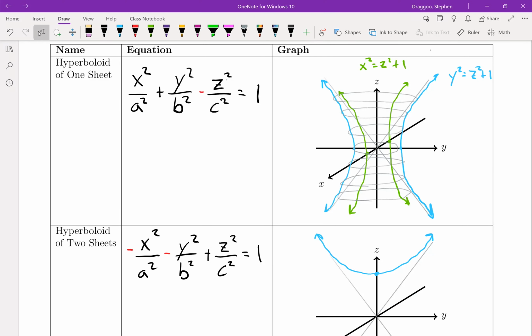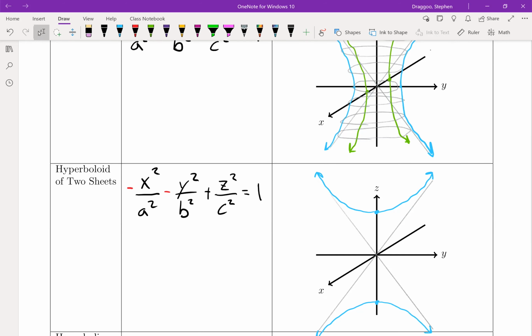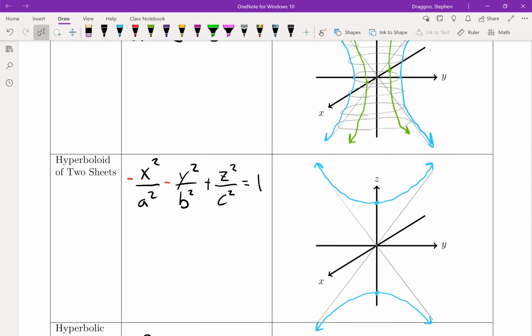And if I set it all equal to +1 and I have 1 negative term, I'll end up with 1 sheet. And if I set it equal to +1 and I have 2 negative terms, I'm going to end up with a hyperboloid of 2 sheets, which is going to look like the next example,